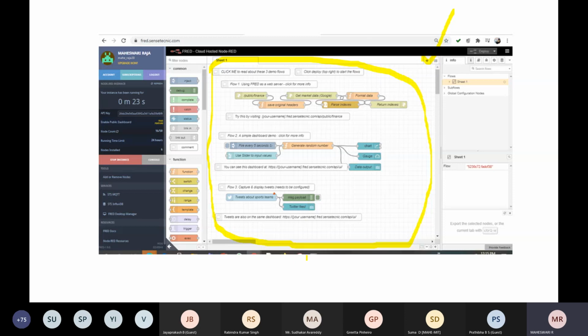Since they all used a public endpoint, it is visible to everyone. If you want some private design, you can go with the private key or API key. Otherwise, whatever design you do in FRED will be visible to all other members using FRED.